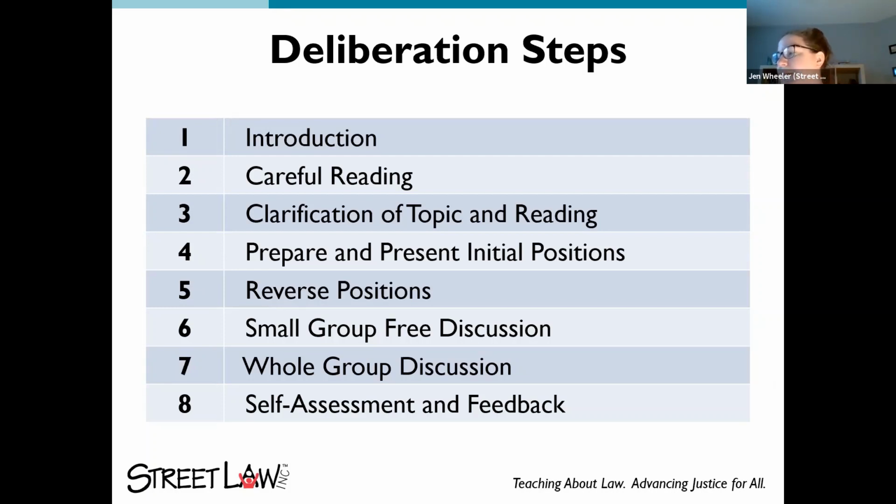Pairs find some arguments from the reading to support their side and present those arguments to the other pair in their small group, who'll do the same thing. So basically you've got the yeses and the nos, just picking out what they think the best arguments are, sharing with one another, keeping crosstalk to a minimum because there's time for more lively conversation later.